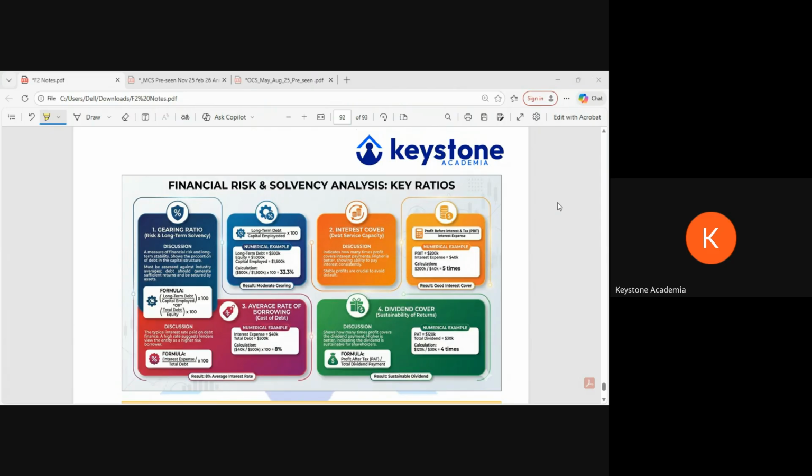You can use what we have shared, but make sure you put in your own as well, and you should be able to explain what it means. For example, gearing, if you're looking at profitability, we are looking at the change in percentage, or interest cover. But what does it mean? That is important. If you just write one point or one number, you will not get marks in the exam. It's a descriptive exam. All of these points have been highlighted in the document too.